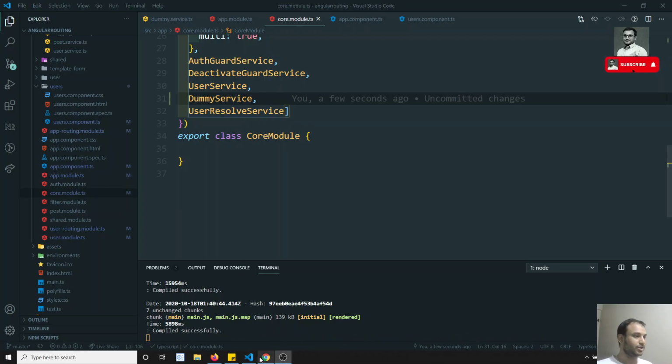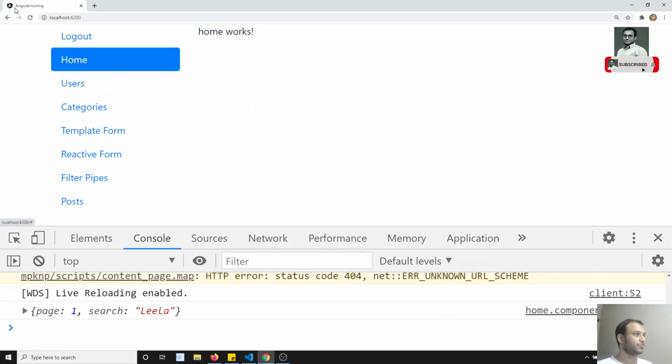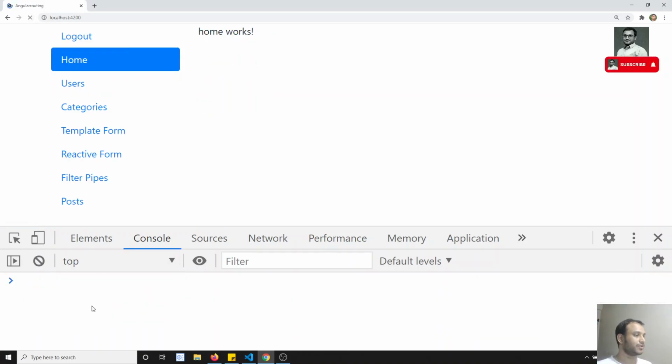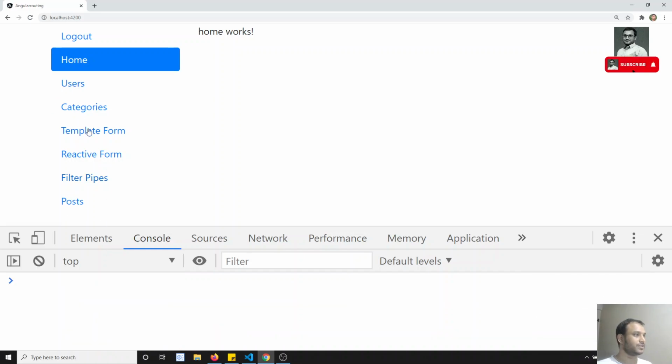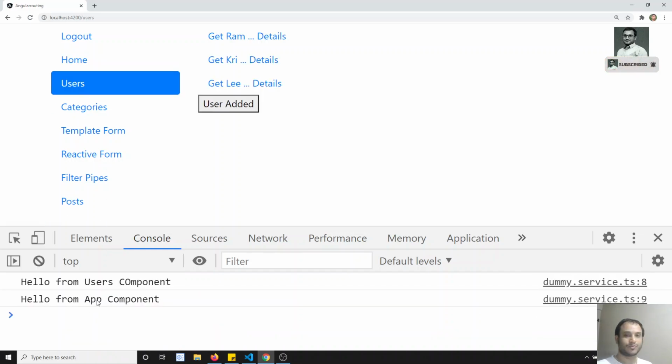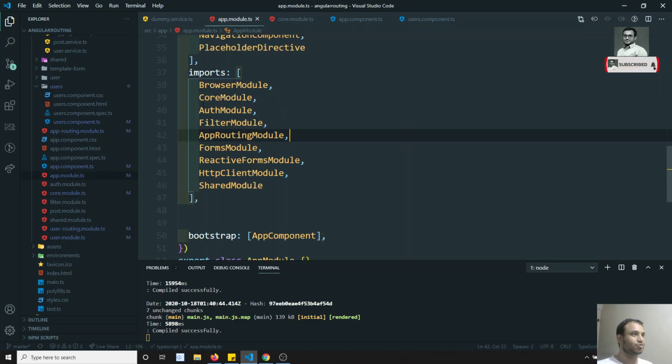So we can go here, and let it refresh, and I will go to the home page and refresh it again. Okay, so if I go to the home page and refresh it again, the same concept, hello from app component we got and undefined we got. Okay, fine. If I go to the users thing, what could be the output? The same output we are getting. So that means mentioning in the core module, app module, and injectable is very much the same. Why? Because the core module we are using in the app module, right? So that is the reason indirectly we are mentioning it in the app module only.